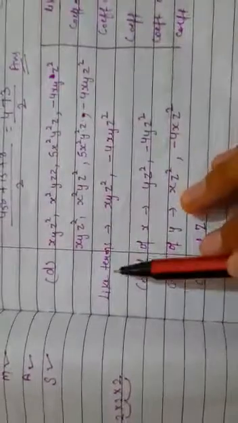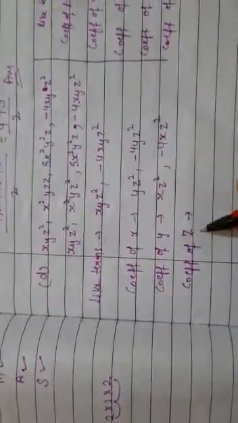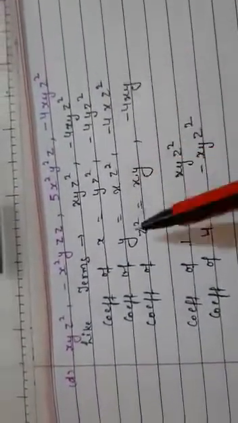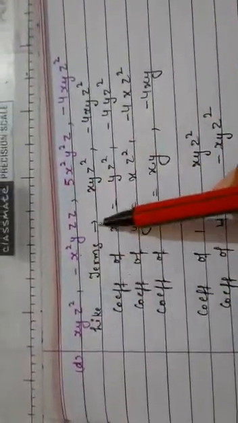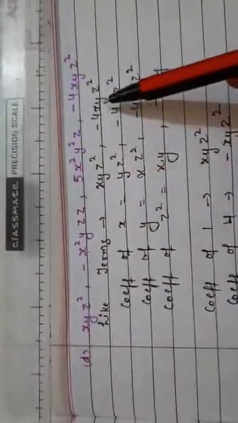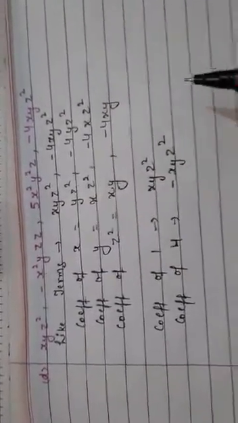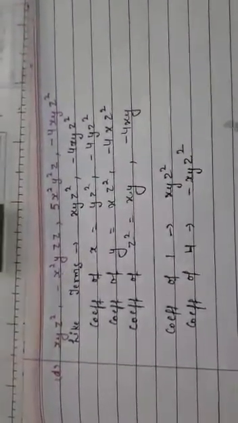These terms are given. First of all we will find like terms, then we will write the coefficients. Coefficient of z is, you can see here. See, now this is the D part. These terms are given, we have to write like terms first. These both are like terms. Coefficient of x is y z square, and here the coefficient of x is minus 4yz square. Coefficient of y is x z square, here minus 4xz square. Same for the coefficient of z square, we can write from here: coefficient of 1 and coefficient of 4. Like this way you have to solve these questions.